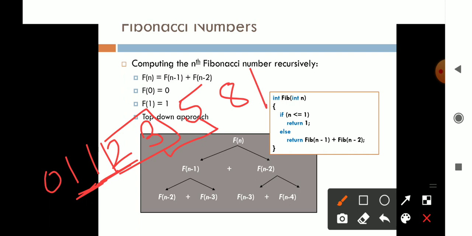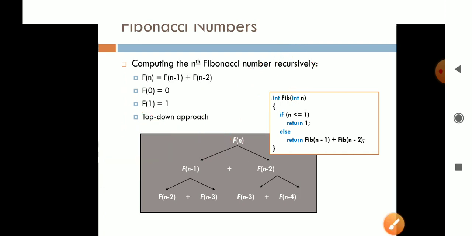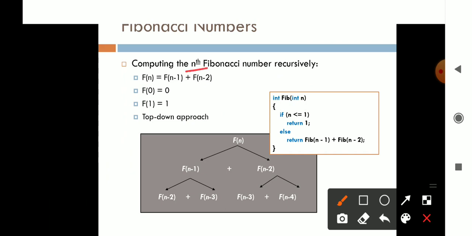Means if we want to find out the number in the Fibonacci series, we are going for the n minus 1 number plus n minus 2 number. So these two numbers will be added. Okay. So here we are having 13. So that is the Fibonacci series. To compute this Fibonacci series, here we are just using the nth term, right?